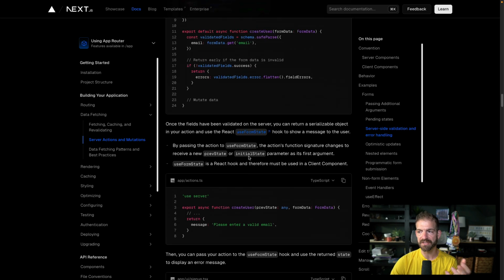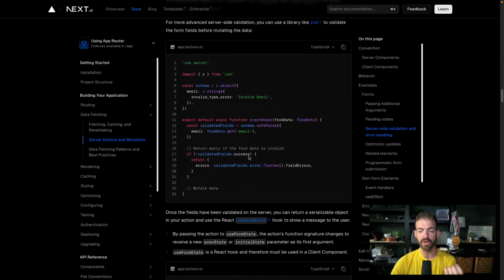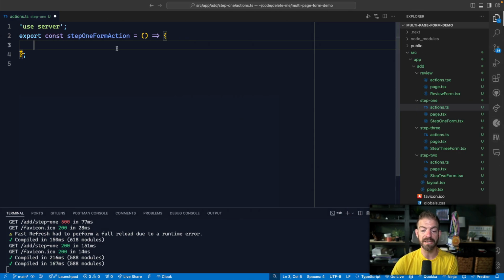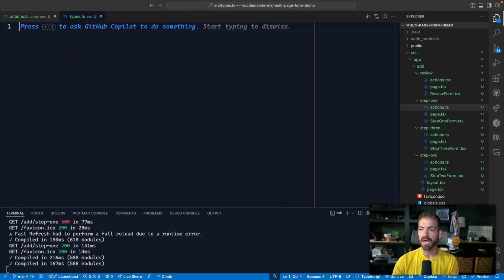And the benefit of that is we have a really nice and concise way to do server-side validation or to get feedback from the server. And it actually works in a progressively enhanced way, which is pretty cool. So inside of our actions file, each one of these is annotated with use server to make sure that this file is only run on the server. As you can imagine, that's a big deal because we don't want to let any sensitive non-server side code be used in the client. I have a types file in here, and we're going to define one type in here,